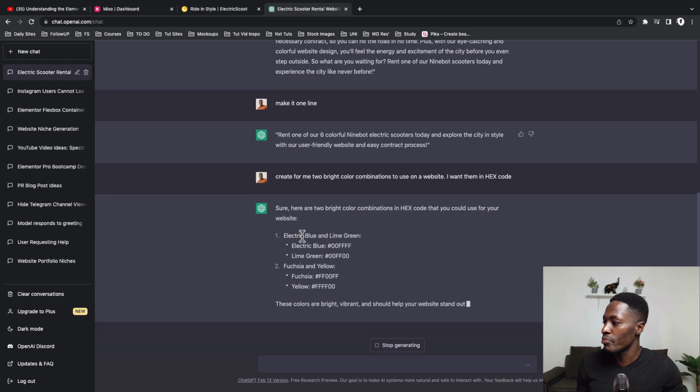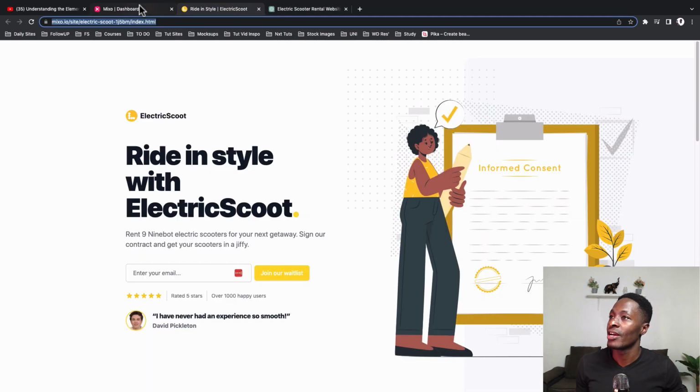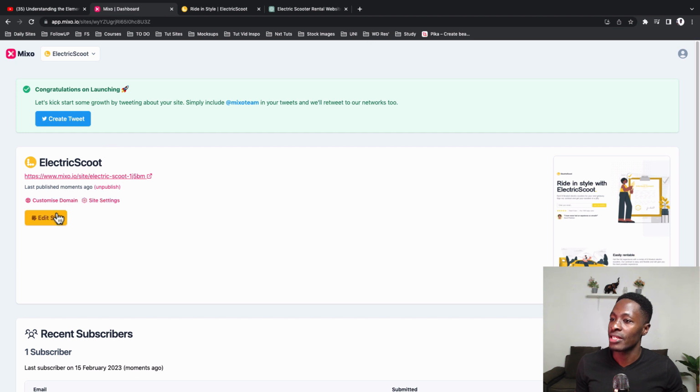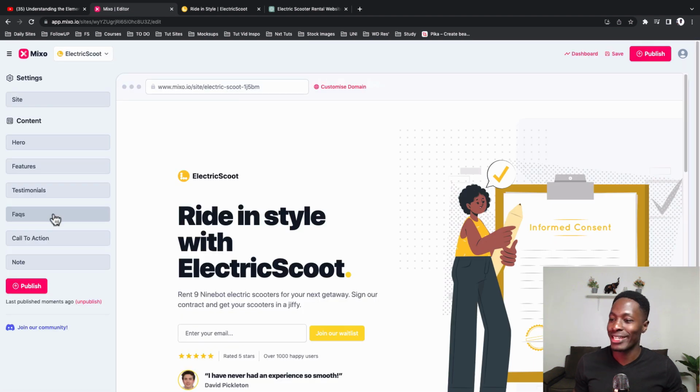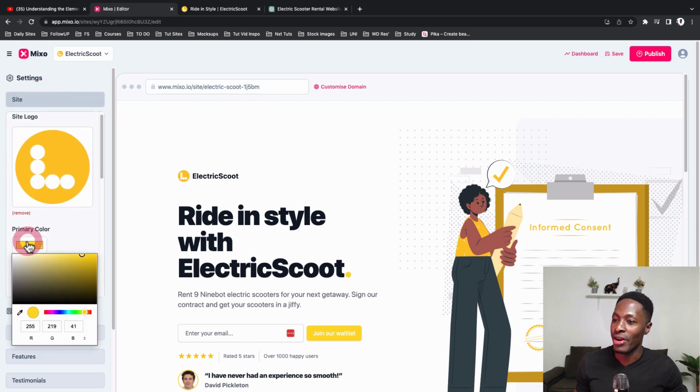Electric blue and lime green. So we have this. Let's copy this color code. Come over here. In fact, let's go back to the dashboard and go to edit site, and test out how these colors are going to look. Under site, we have the primary color. Let's try to change this to something different. So I'll go to hex hash